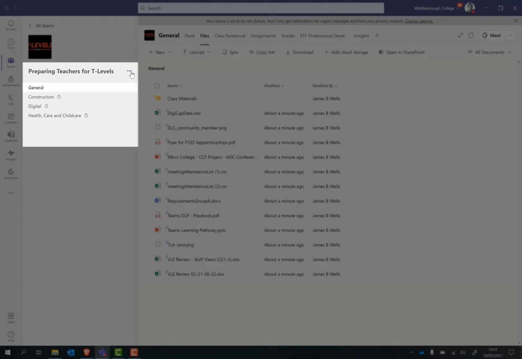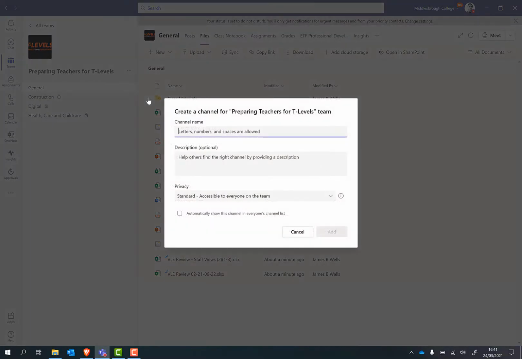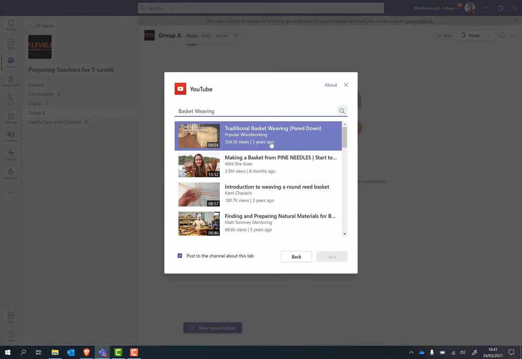edit in real time. You can also structure your course and content better using channels. To create a channel, click on the three dots next to the name of your team and create Channel. To further organise your channel, you can create new tabs at the top, which you can link to specific files